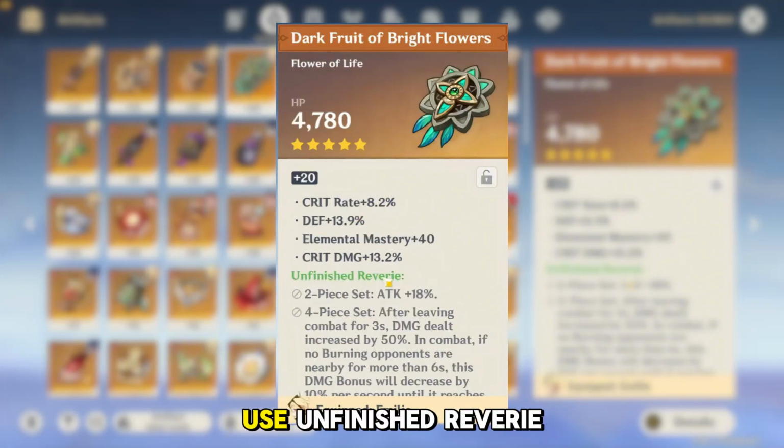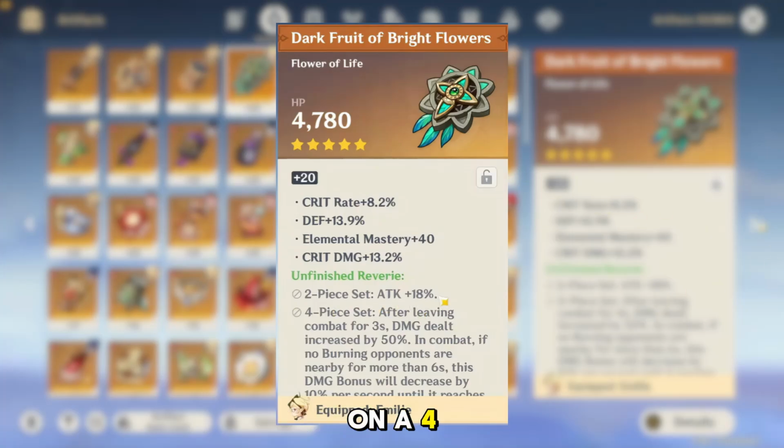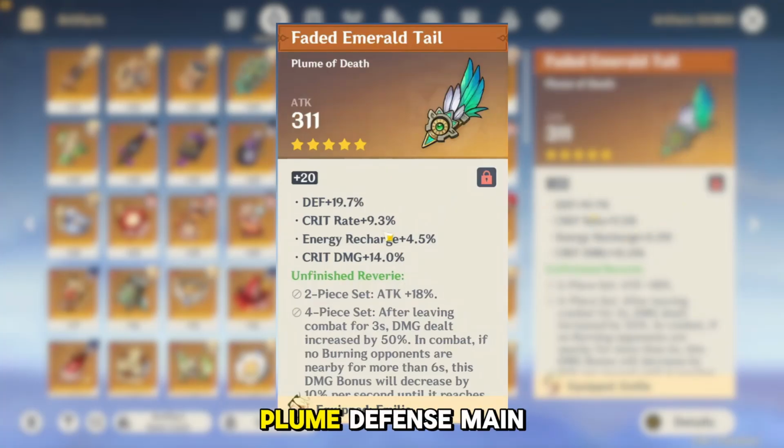For Emily, I use Unfinished Reverie on a 4-piece again, which for the flower I have crit rate, EM, crit damage. I don't remember too much what Emily wants substat wise, but I know double crit's always good, so it's a safe option, you know. For the plume,